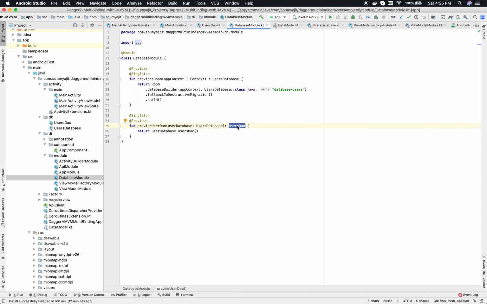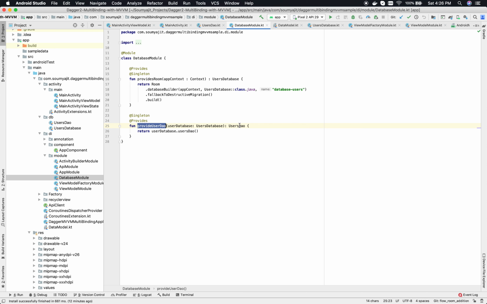The return type is UsersDao. Now the provideUserDao method needs this UserDatabase type, and when Dagger draws the graph, it will ask for this UserDatabase type, and this method whose return type is UsersDatabase will return the UsersDatabase to this one here. Using that, the provideUserDao method will make sure that Dagger returns the UsersDao to wherever we need to inject it. That's the thing we have done here.